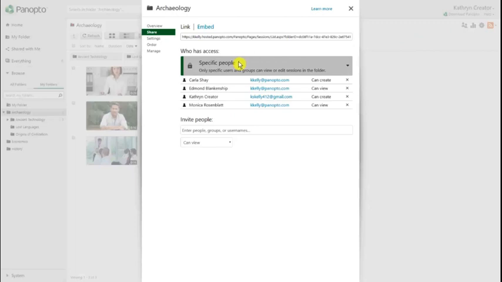Below the sharing option, you can see everyone who can view or create in this folder. Viewers can view all the videos in a folder. Creators can view all the videos in a folder, create new content in the folder, and manage the sharing and settings for the folder. You can add new viewers or creators by using the Invite People area at the bottom